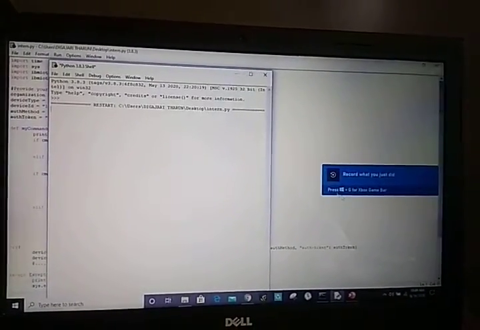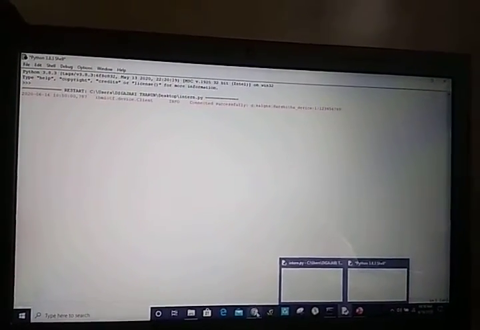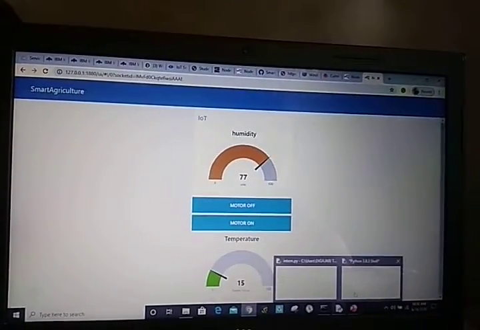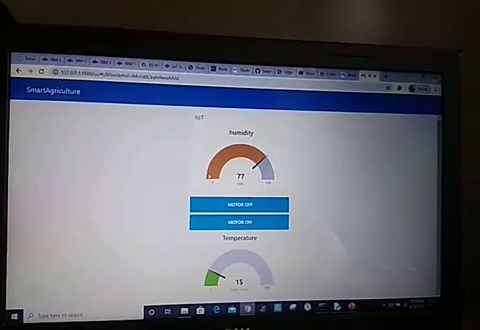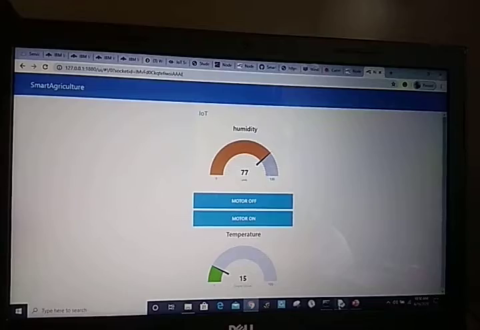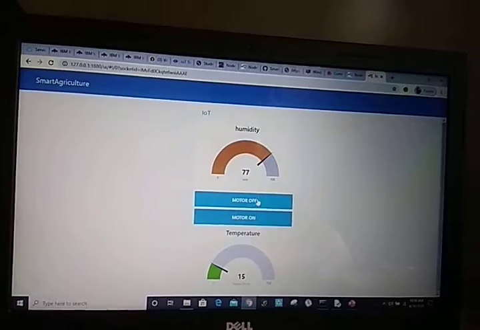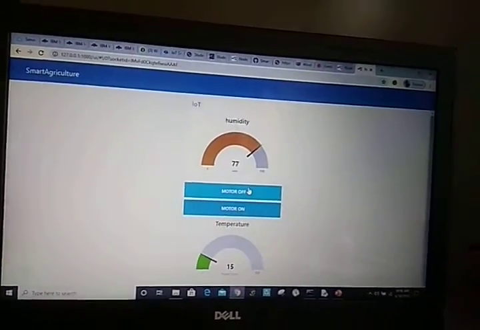Here you will get, first we have connected the device. Now I am on motor off, so the motor off command should be received. Yes, the motor off command is received, and in the same way I'm on the motor, so the motor on command is received. See over here, the motor on command is received. So in the same way, if you click, the motor on command is received. Click, the motor off command is received.